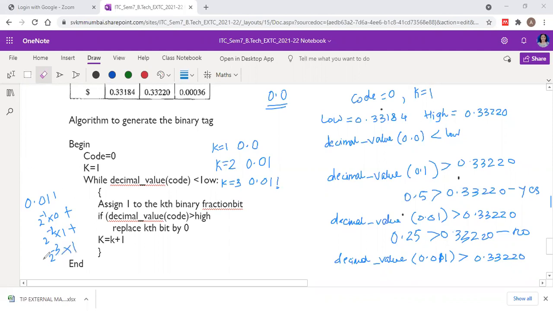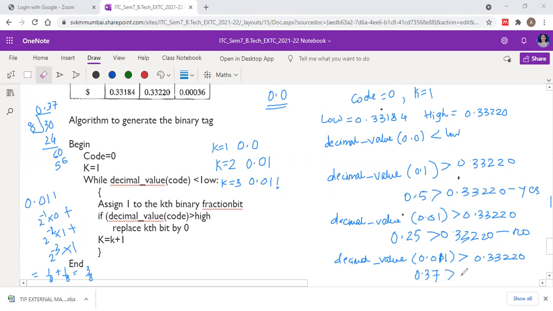What will be the decimal value? It will be equal to 1 by 4 plus 1 by 8, which is equal to 3 by 8. So 3 by 8 is 0.37 approximately.